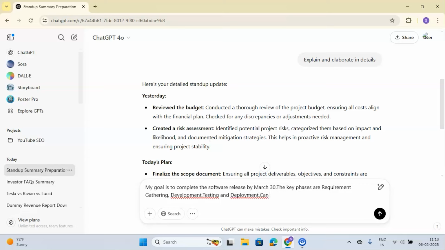So, can you break these into tasks with timelines,